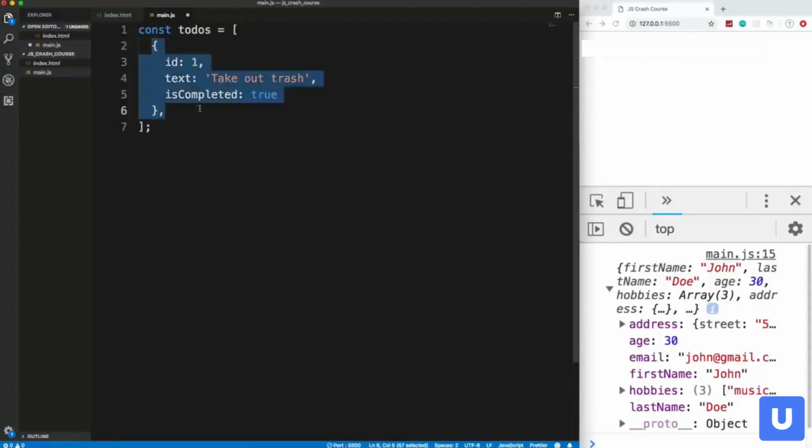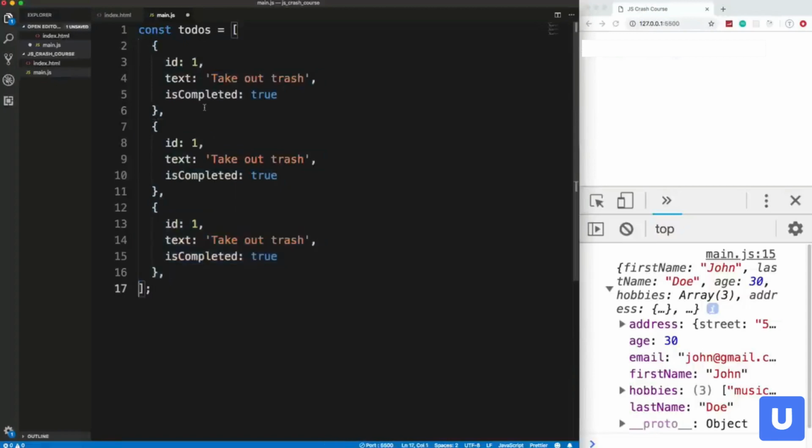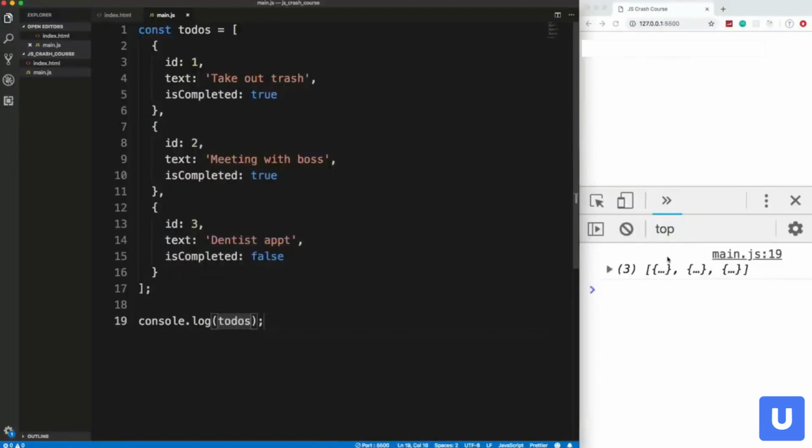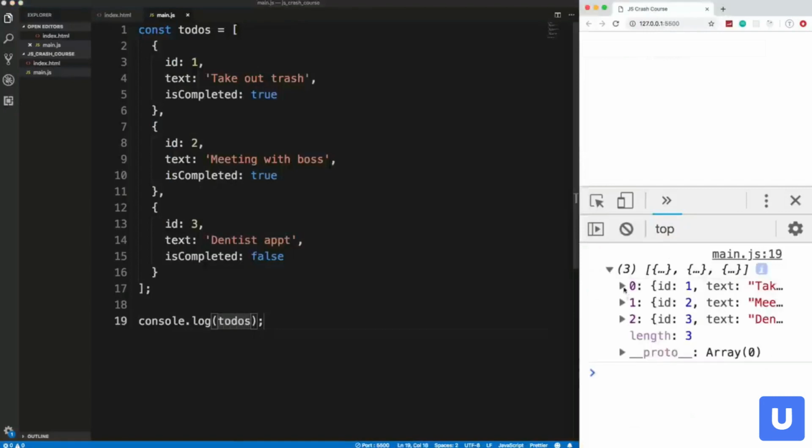All right, now I'm just going to take this and copy it down twice. Oops. And let's change the IDs. So we'll do 2, 3, and we'll change this to, let's say, meeting with boss and dentist appointment. Okay, and I'm going to change this one to false. All right, so we have an array of to-dos. If I were to console log to-dos and save, you'll see we have an array with 3 values, which are